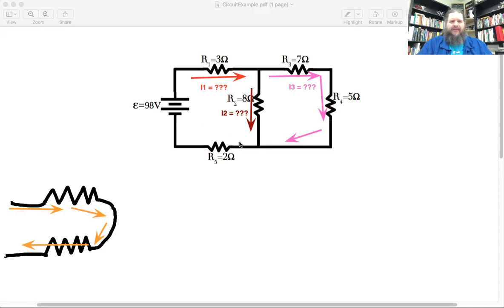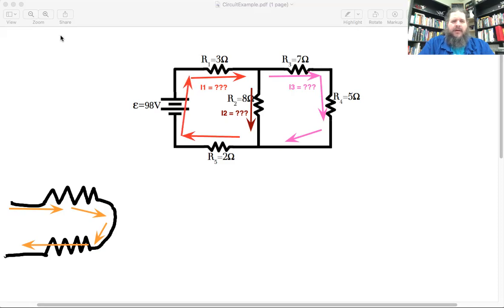Yeah, resistor 5 and resistor 1 are along the same path. This path here, that path is all just one single path. Whatever current is flowing through resistor 5 continues through the battery and continues through R1. That's all the same current. It's the same flow rate. When it hits the junction, it's going to split into two new currents, I2 and I3. But as long as you're just going through wire or resistors or batteries or anything with no junctions, just a single path, the current has to be the same everywhere along the path because there's nowhere else for it to go. So resistor 5 is also that same current I1,